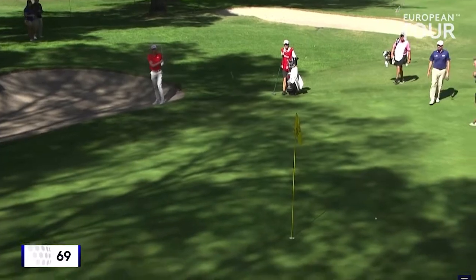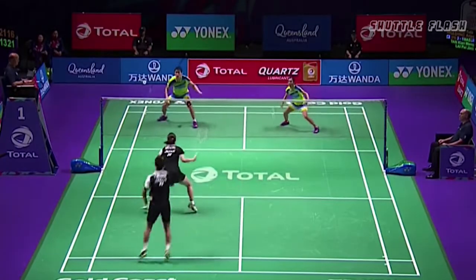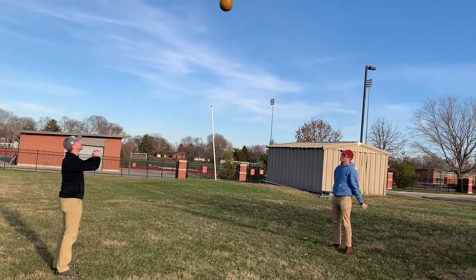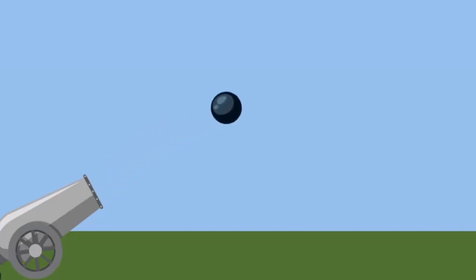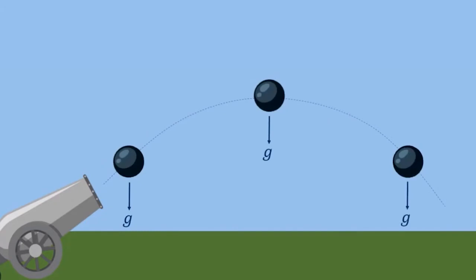Today, we will be discussing the science behind the sports that you love, and in particular, projectile motion. When a ball is thrown, this is an example of what scientists call projectile motion. Projectile motion occurs when an object travels in the air along a curved path, and the only two things acting